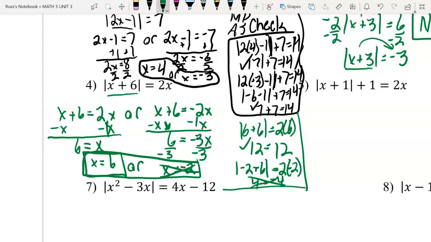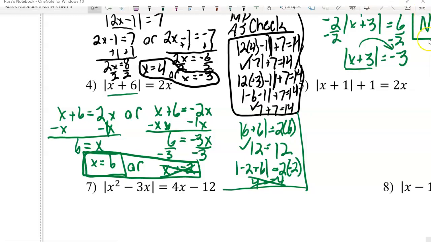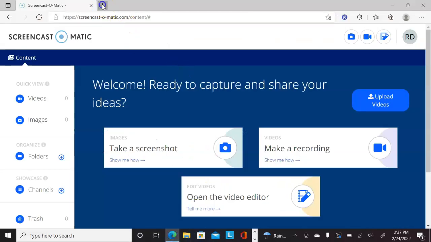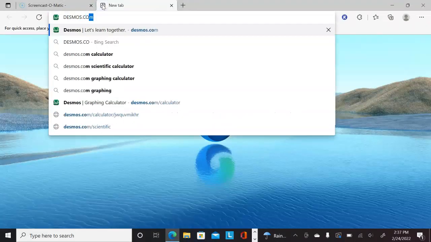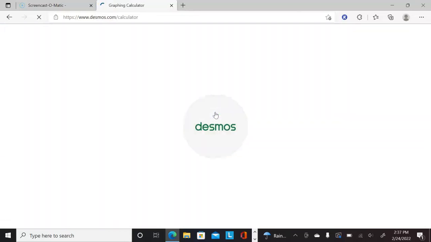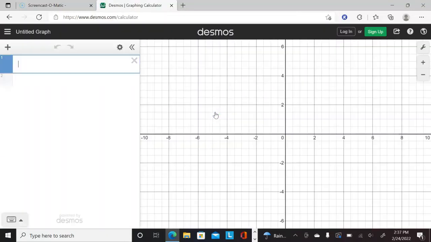Okay? Now, the way that you would do that in Desmos is as follows. Give me a second to get out of here so I can show you. In Desmos, I can do this with any of these, by the way, but I can say y equals,